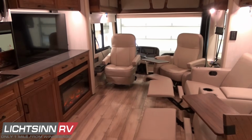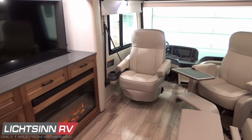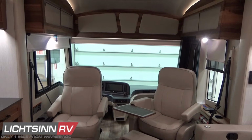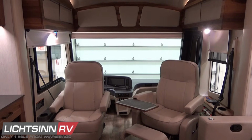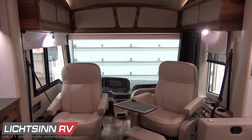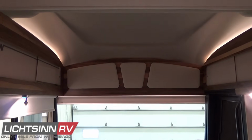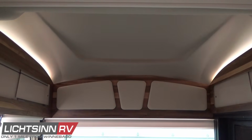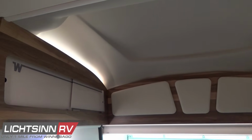Now, as we work our way back up, we'll wrap up in the cockpit area some great storage overhead with just spacious 7 feet ceilings and even taller up front for an open feel as soon as you walk in. Overhead, beautiful indirect lighting as well as storage in each of these locations, including some appreciation to Winnebago heritage here